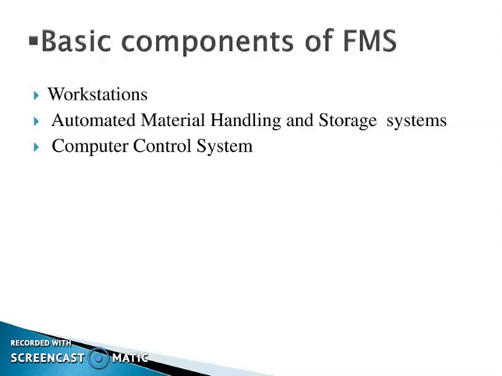Then the next one, first we will discuss loading and unloading workstation. In the loading workstation, the raw material is entered and at the unloading workstation, the finished part exits. Loading and unloading can be done either manually or by automated material handling system. These workstations should be designed to permit the safe movement of work parts. The loading or unloading station should include a data entry unit and monitor for the communication between the operator and the control system.